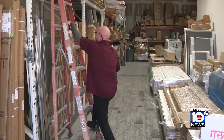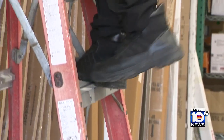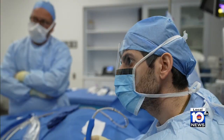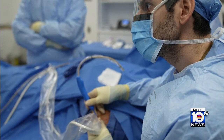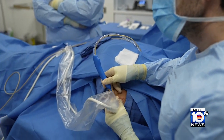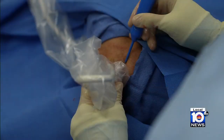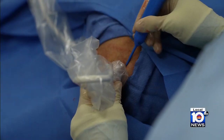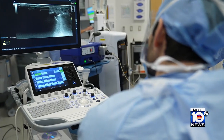When cortisone injections and immobilization failed to give John relief, and he didn't want to undergo invasive surgery, Dr. DeCack offered a newer and less aggressive ultrasound-guided option. So the procedure that we're talking about is a percutaneous fasciotomy or fasciectomy, which involves that tiny little incision, so small no stitches are needed, and it's done all under local anesthesia, meaning the patient's entirely awake for the duration